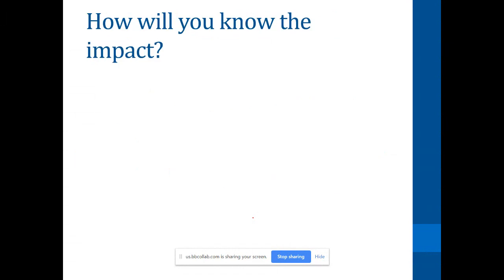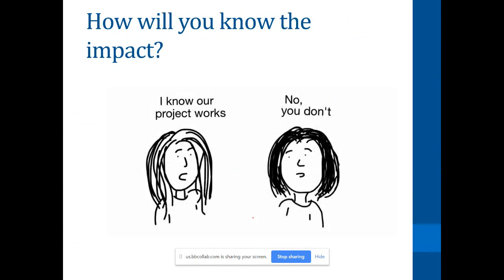So how will we know the impact, right? Was this innovation, was this practice, was this strategy worth anything? What did we learn from it? And sometimes this happens. So we can all laugh at this cartoon, but in reality, we've invested a lot in our projects,